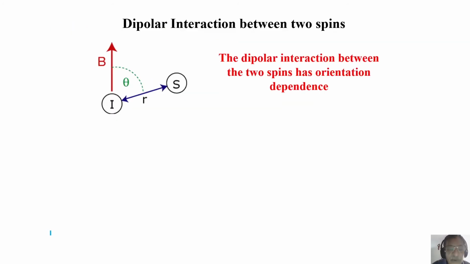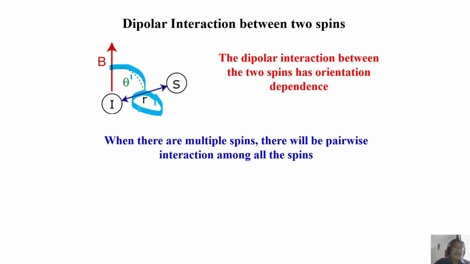Now, one of the important aspects for NOE is the dipolar interaction. Remember, I told you what a dipolar interaction is. The dipole interaction between two spins has an orientation dependence like this. If I and S spins are interacting, and R is the distance separating them, let us say it is making an angle theta with respect to the magnetic field. Now, we can get the dipole interaction between these. We can work it out, taking the magnetic moment of this nuclear spin and the magnetic moment of the other nuclear spin, and get the dipole coupling. Dipole interaction can be easily studied.